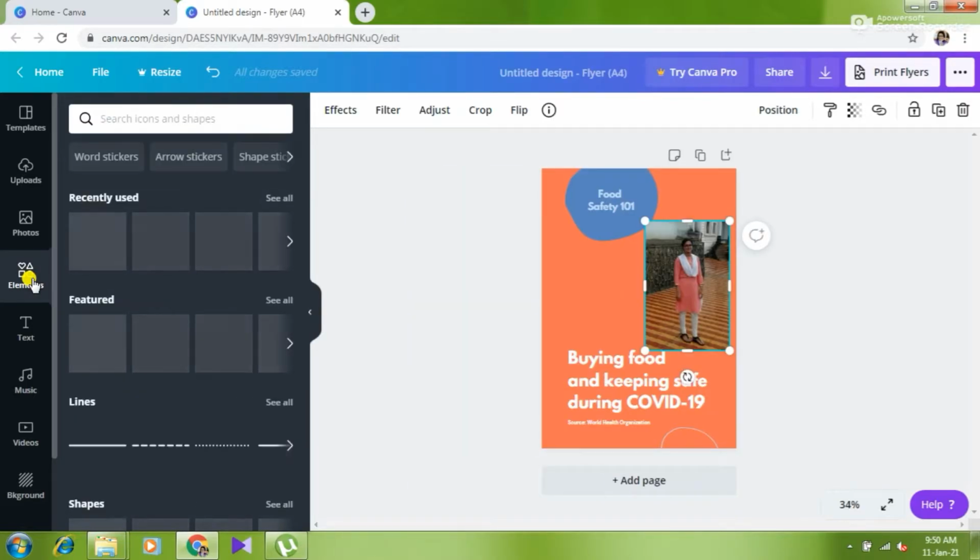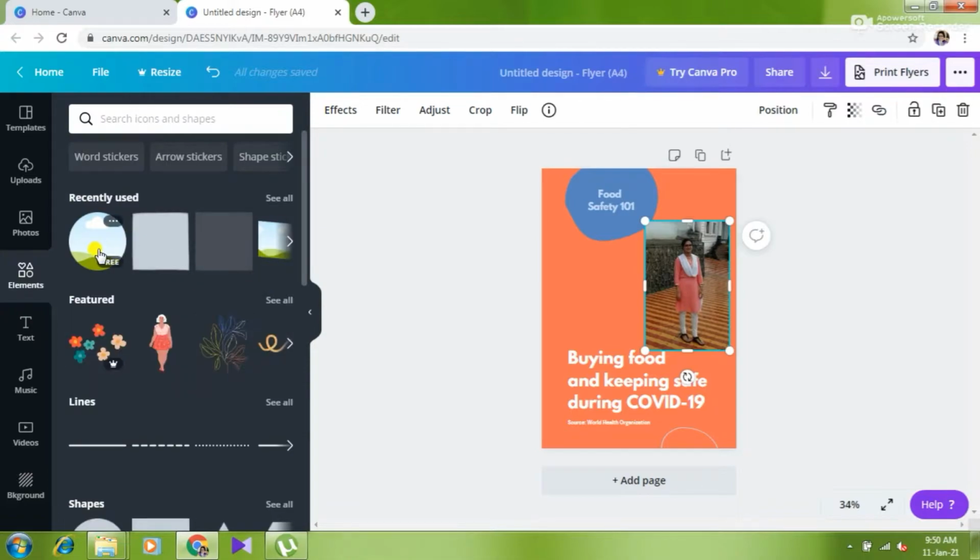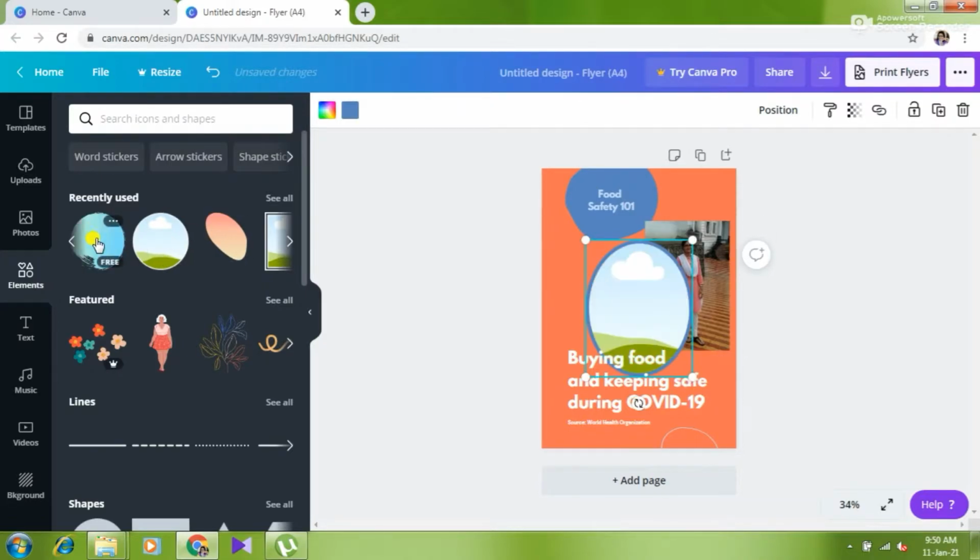You can see the photo is in a square shape, but I want to put it in a round circle. So here you can see in the Elements option, a few designs are already there: round, circle, oval.